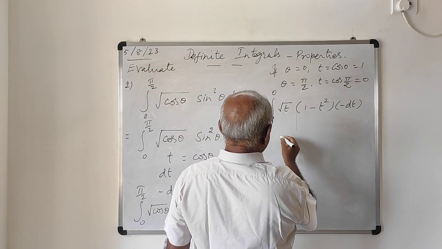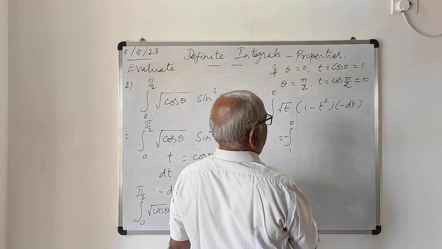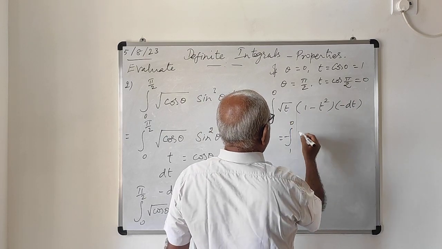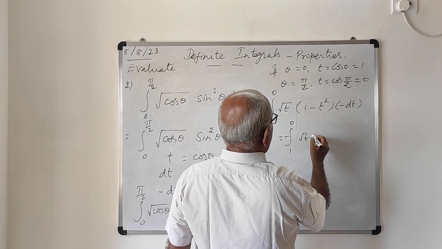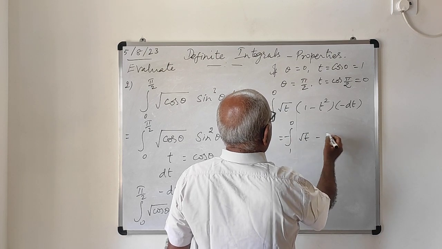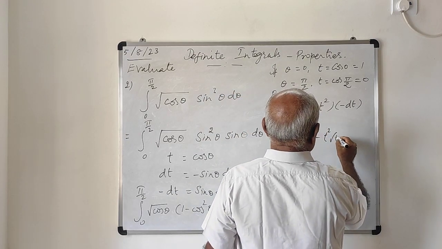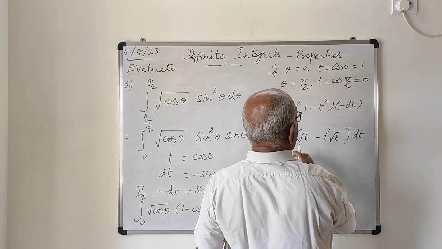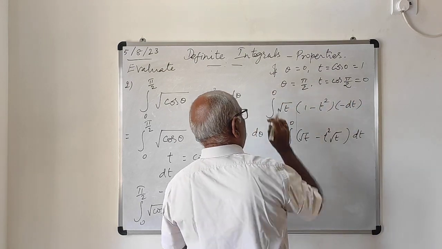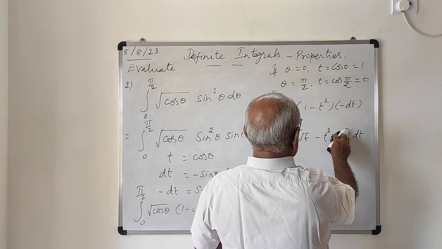So the integral is equal to integral 1 to 0. You bring this minus out of the integral. You bring this root t into 1 is root t, minus t square into root t, dt. I am bringing this minus out of that integral. So this is equal to